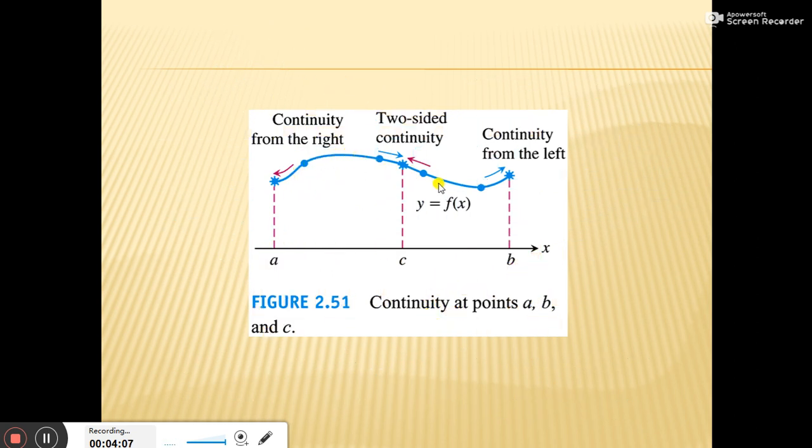And now as you see, this curve is a continuous curve, but here we have to check at the point c. That means we have to check the value of the function and the limit of the function at c. Slightly less than c we have a continuous curve, and slightly greater than c we also have a continuous curve. It is continuous from the right at x equal to a, that means the curve is on the right side of a, and therefore continuity from the right-hand side, and continuity from the left because we have the left side of c.